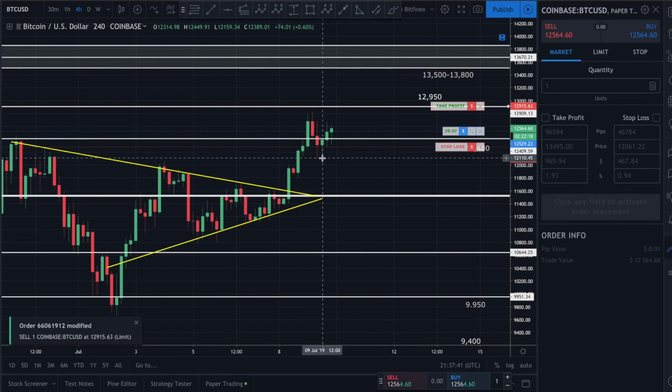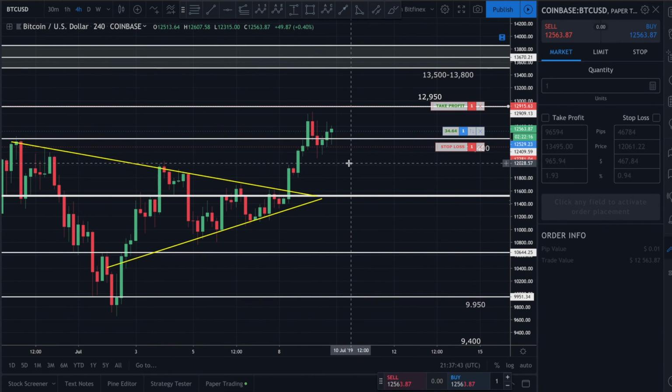Now, let's say that, for example, this is really scaring me. I no longer want to be in this position. It looks to me like the market is just going to crash, and I just want to get out. Very, very simple. I can close this position either by hitting a limit order and putting in whatever position I would like to do, or I can just make it easier and just adjust my take profit to wherever it happens to be now, or I can just execute a market order very, very quickly, a market sell, by coming over here on the position,